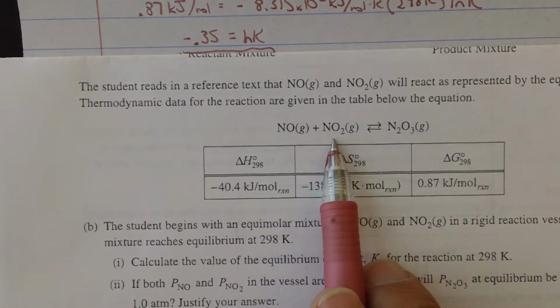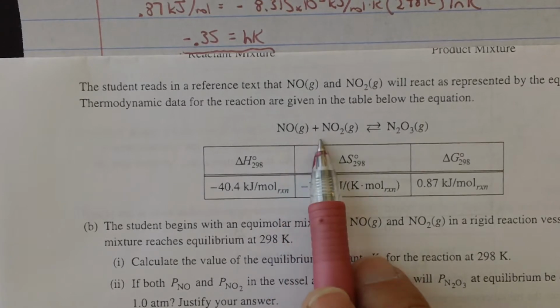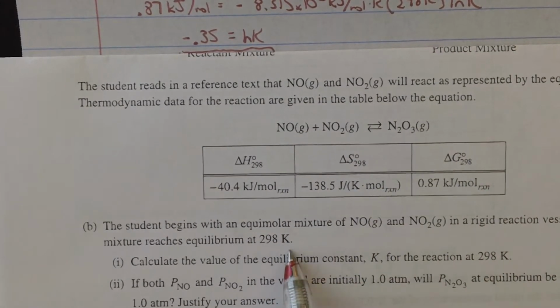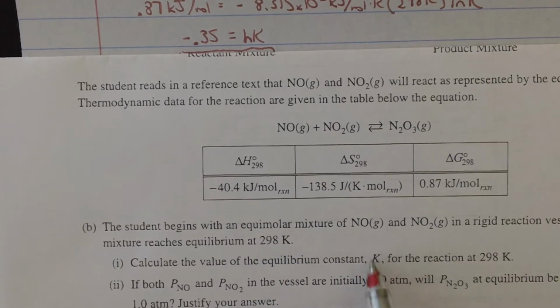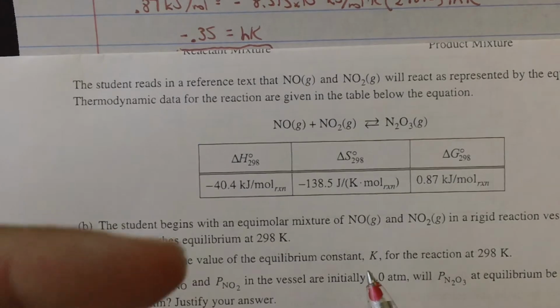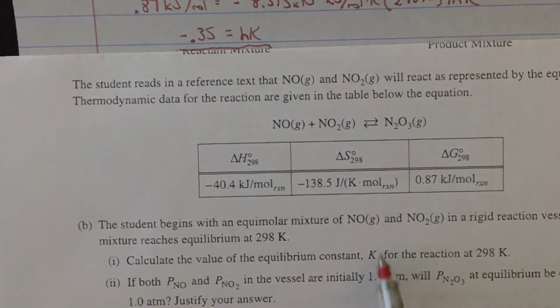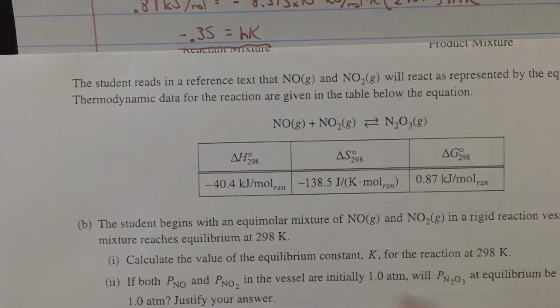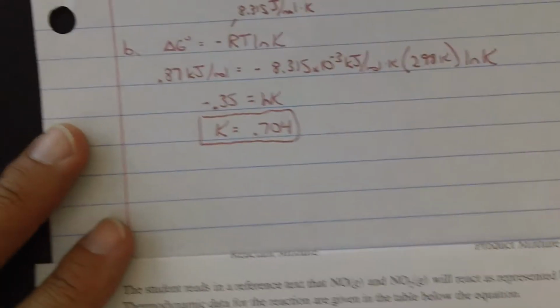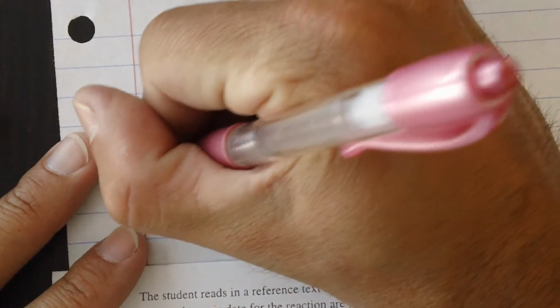If I have 1 mole of this and 1 mole of that, that means they're both going to react fully with each other to form 1 of this if our K is big, right? Our equilibrium constant has to be big in order to fully go to products. Because the K is less than 1, it's not very big, then it is not going to be equal to 1 atmosphere. And so what I wrote is